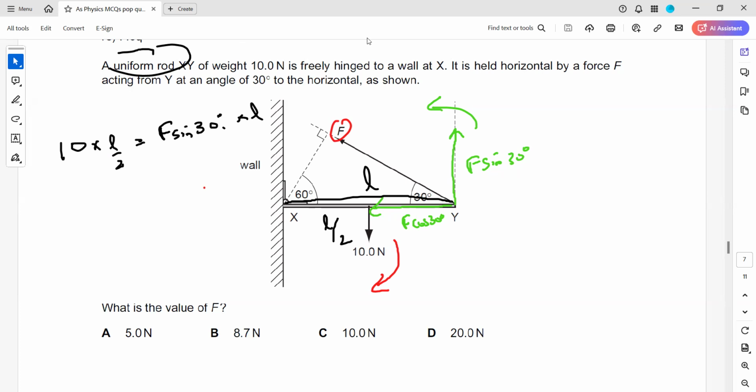So when we simplify this, L cancels with L. 10 divided by 2 is 5. So F sine 30 equals 5. If we need F, it is 5 divided by sine 30. What's the answer? 5 divided by sine 30 is equal to 10. So C will be the right answer for this. So whenever you see a turning effect,